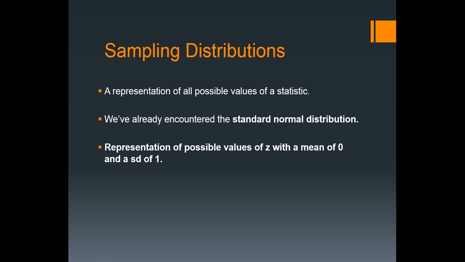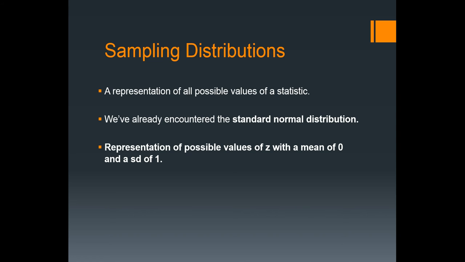We've already encountered one sampling distribution, and that is the standard normal distribution. And remember, that was a normal distribution with a mean of 0 and a standard deviation of 1 that conformed to a bell-shaped curve. Now, in general, a sampling distribution can be thought of as a representation of all possible values of a statistic. So you kind of think of it as a histogram of all possible values of a statistic, although the height of the bar